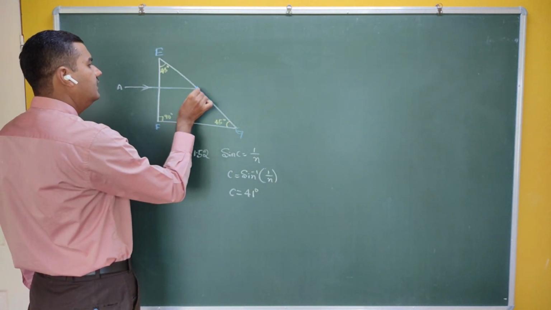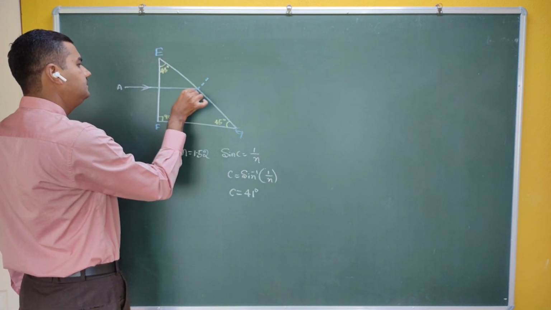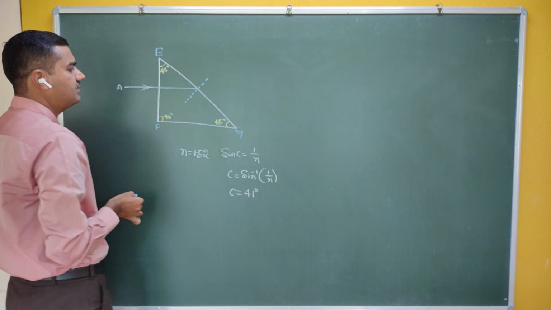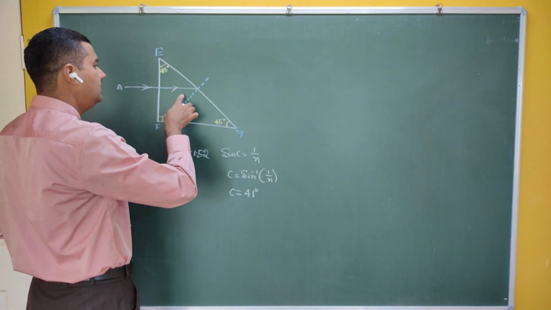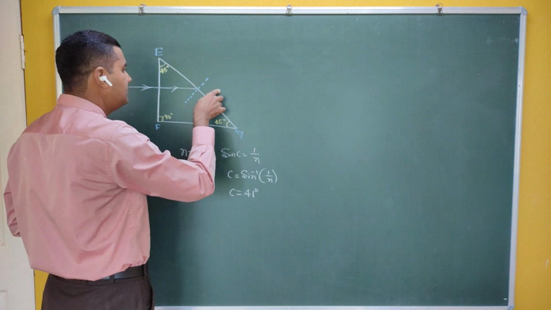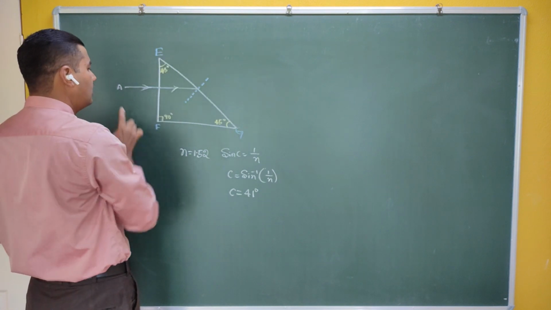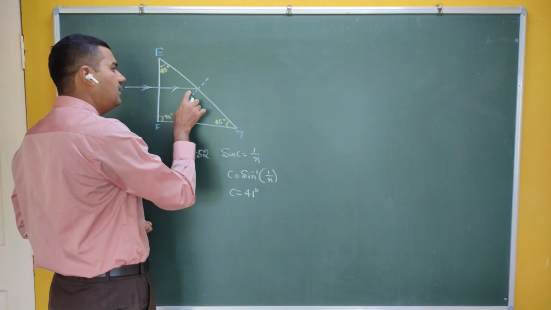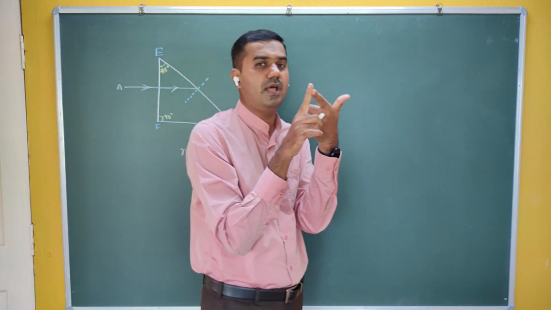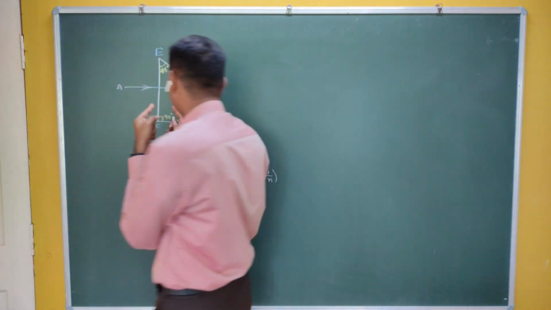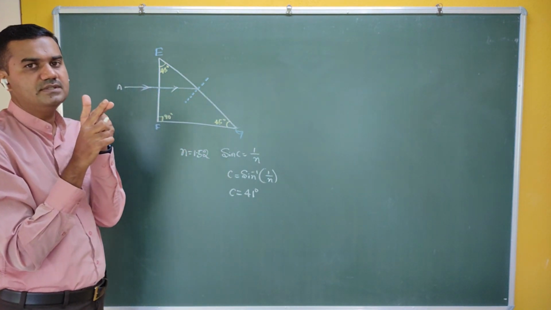And it falls on the next surface here, the surface EG. And if you draw the normal, what is normal? The line which is perpendicular to the surface is called normal. Now, when this ray wants to pass from this medium to the other medium, what is this medium? It's glass of refractive index 1.52, and the surrounding is air. Therefore, it tries to travel from denser medium to rarer medium. So the first condition is satisfied: light should travel from denser medium to rarer medium.